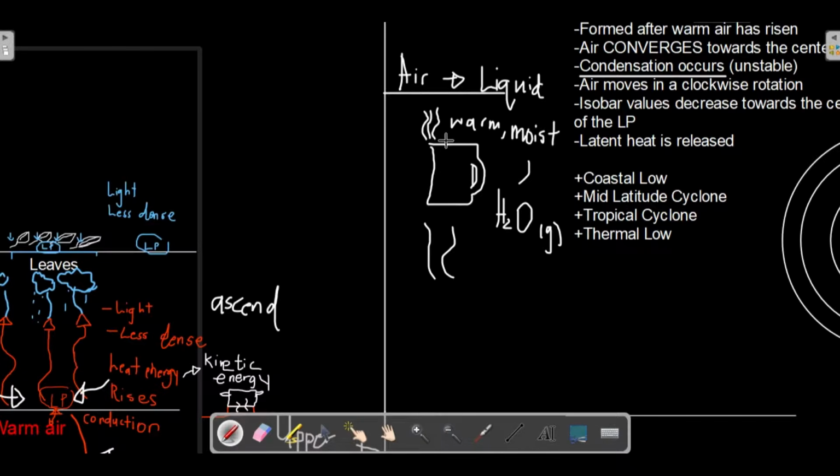So when this warm moist air rises up, once it hits a surface that is, of course, relatively cold, that means its temperature actually drops, such as in the illustration on the bottom left. So once it hits that, you start seeing droplets. Okay, so it has already condensed. So we already see that condensation has occurred.